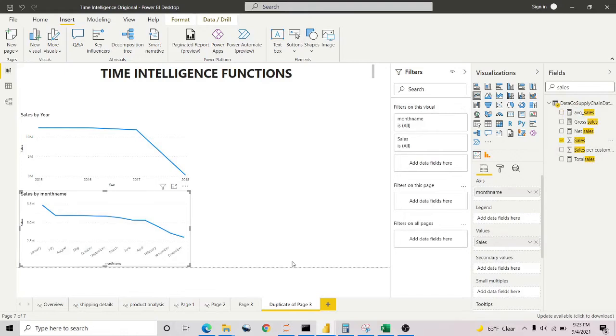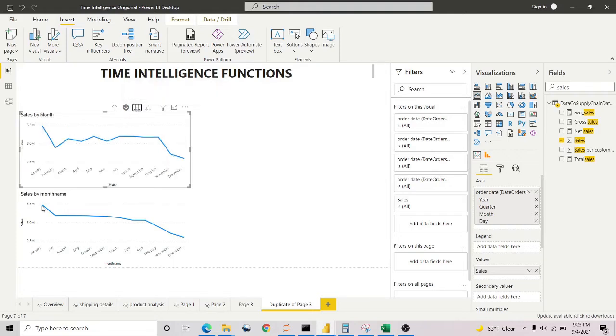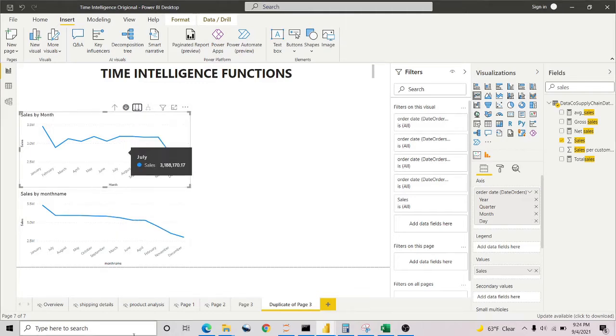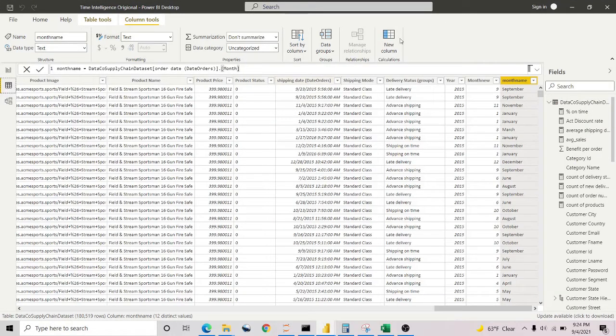So we see this, but what if we just don't want to see exactly this, which is similar to going on a level. If you come back to different levels here, this is showing us basically January 2015 for each of them, and with the months also. But if we come back up and we drill down with this, we have it per quarter and per month. So we have the same thing, but we just don't want to have exactly this, we want to say it's per year. So what we can do is to go back into the data set, add a new column,